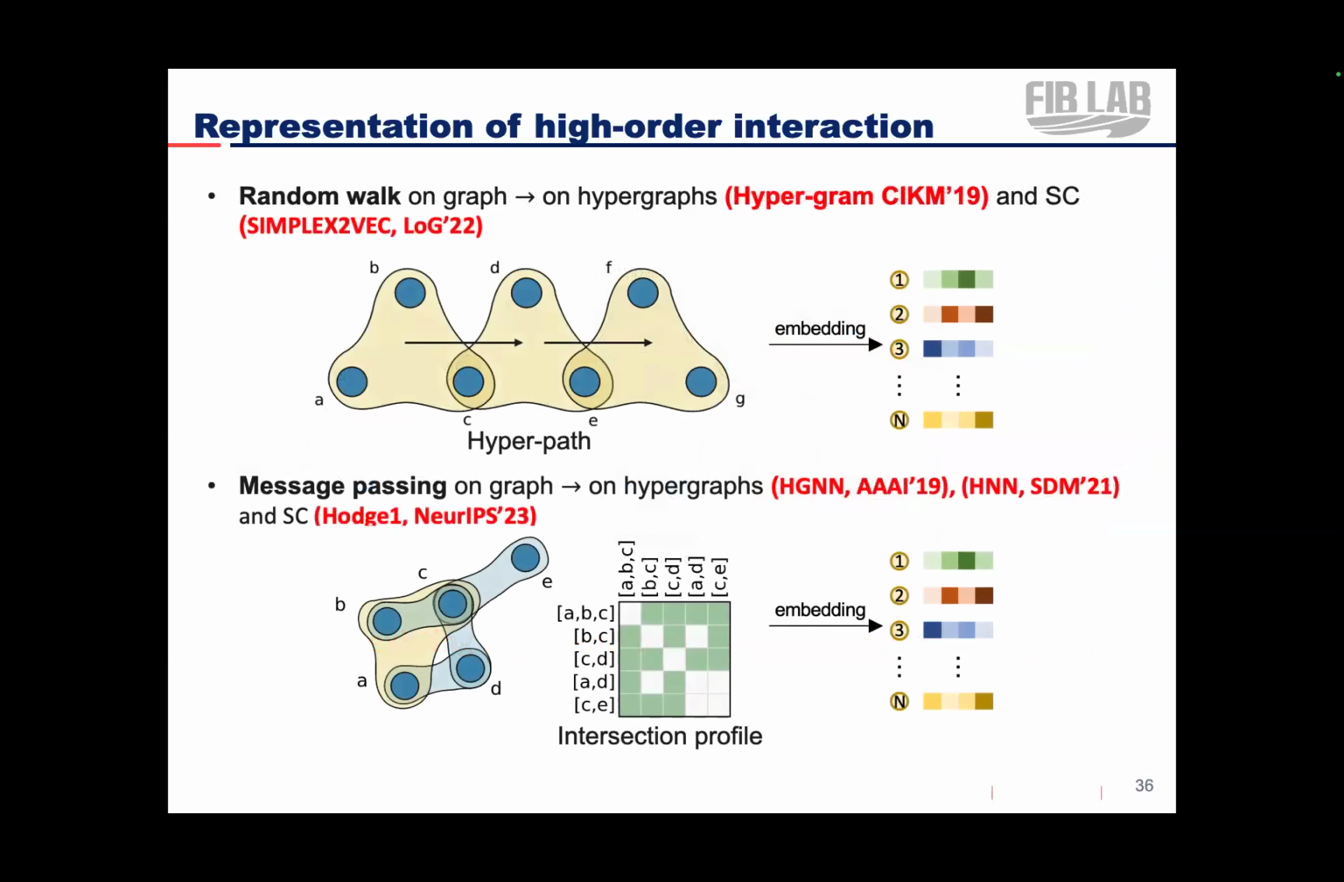So how do we learn from hypergraphs and simplices? For hypergraphs, methods like Hypergram adapt random walks to traverse hyperedges, while HGNN extends message passing to hypernodes. And for simplices, Simplex2Vec and Hodge-Lab use algebraic topology to capture multi-dimensional relationships. The takeaway is we are no longer limited to pairs, and AI can now handle the rich and complex interactions